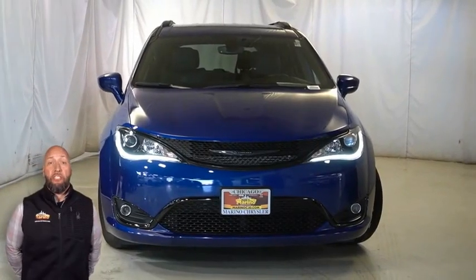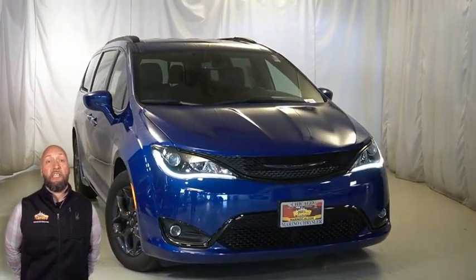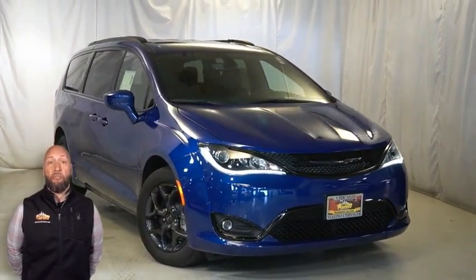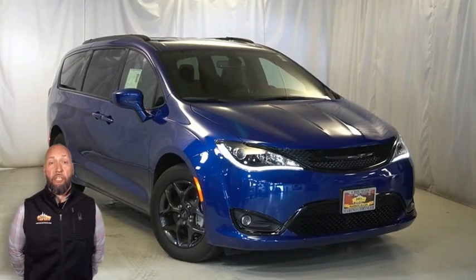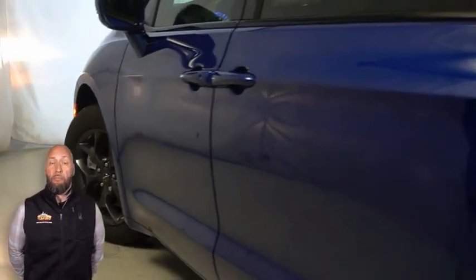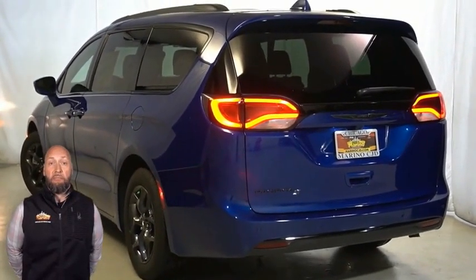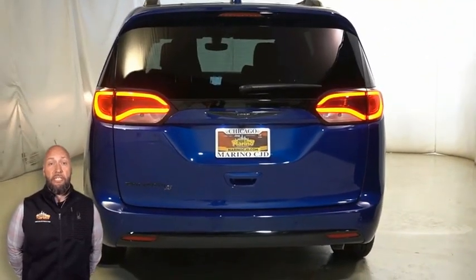If you're looking for a functional family vehicle with reliability and safety for the whole family, then take a look at the certified pre-owned 2020 Chrysler Pacifica Touring in Ocean Blue Metallic with S Appearance package, gloss upper and lower grille surround, 18-inch aluminum black noise wheels, black noise badging, black stow in place roof rack, power sliding doors, heated front